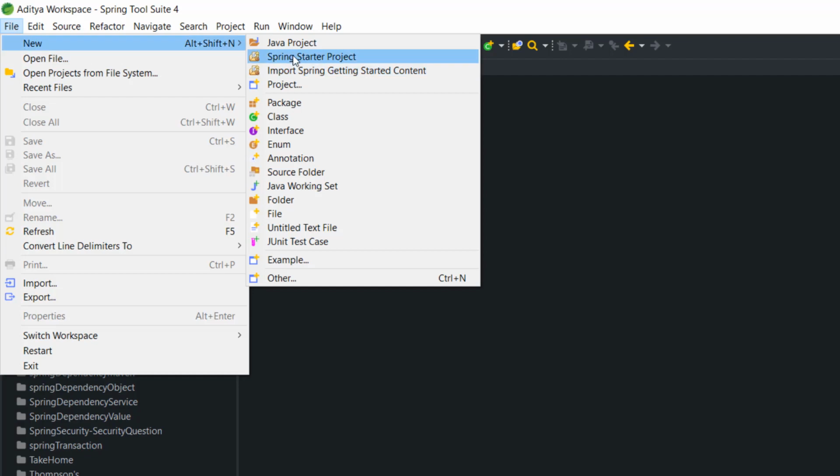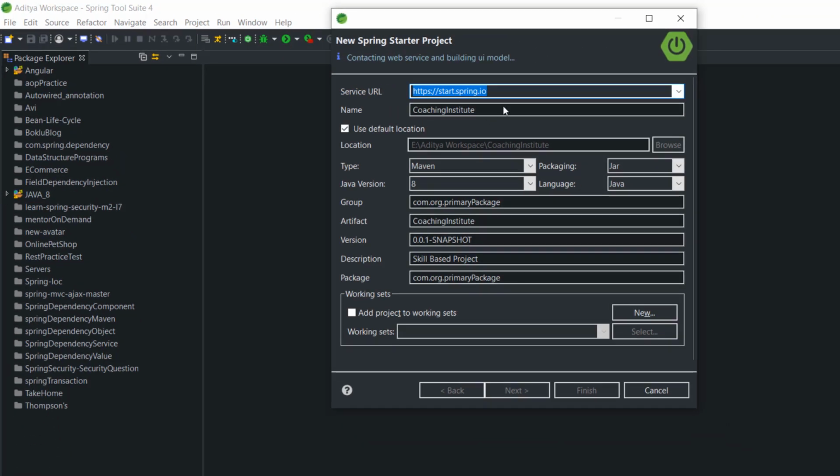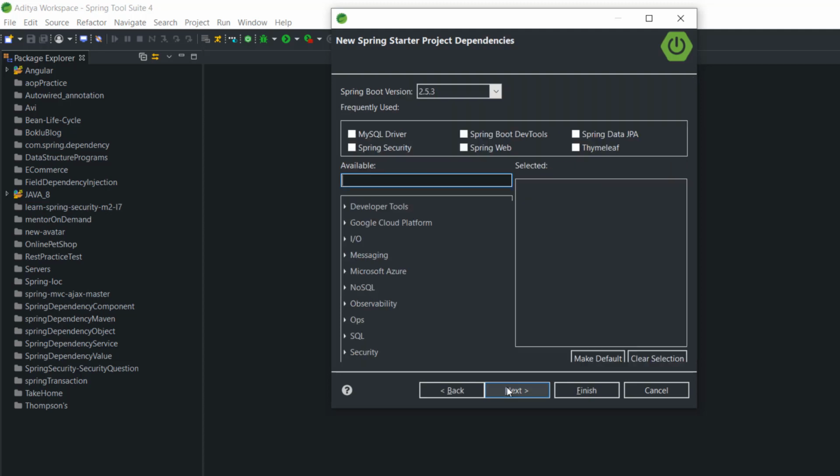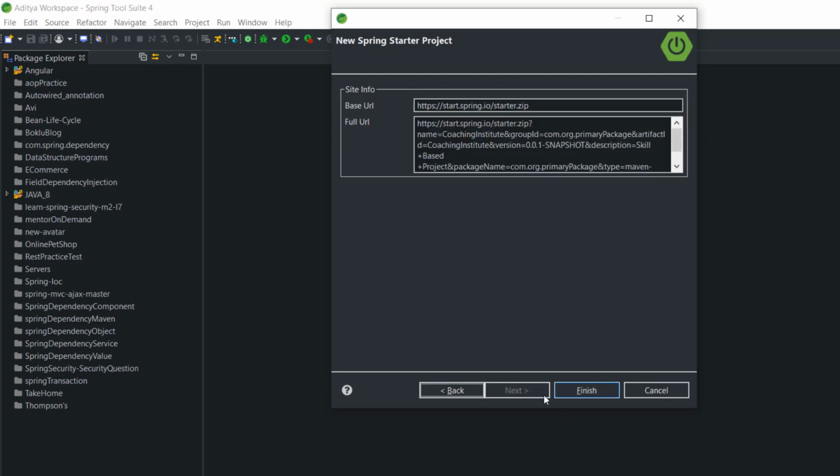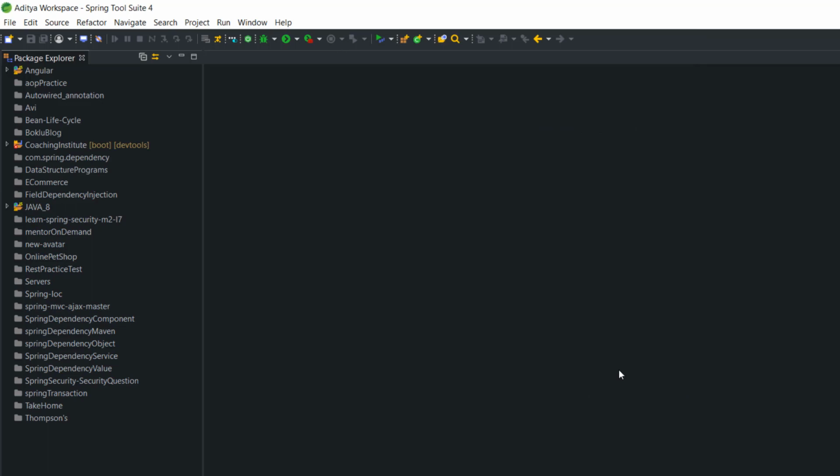Let's create a project, and the name of the project we will keep as Coaching Institute. Here we will select only two dependencies: Spring Boot DevTools and Spring Web. So in this project we will follow Spring MVC. MVC means Model View Controller. With the help of MVC, we will create a project of Coaching Institute,